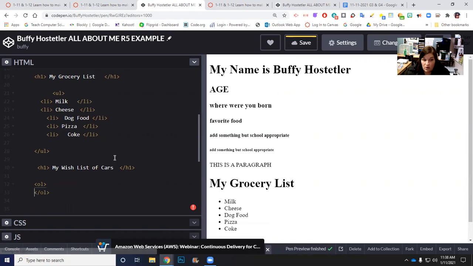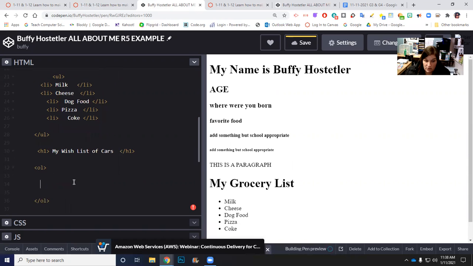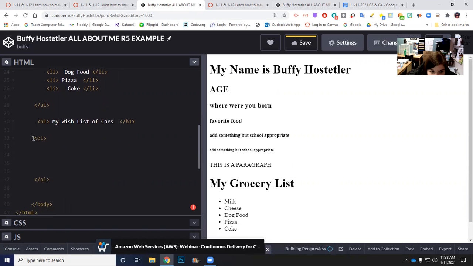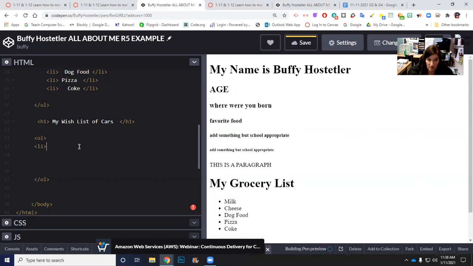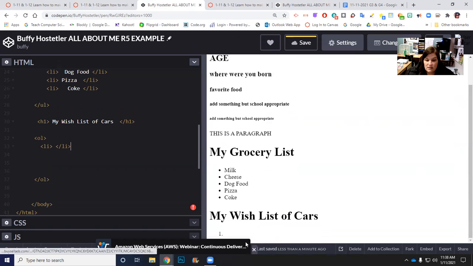So then I'm going to enter and put spaces. Okay. Do you see? So I have allowed space to put in the list item. The list item is what kind of car. So I'm going to do crocodile, LI, crocodile. Then I'm going to do a closing, because if you notice,